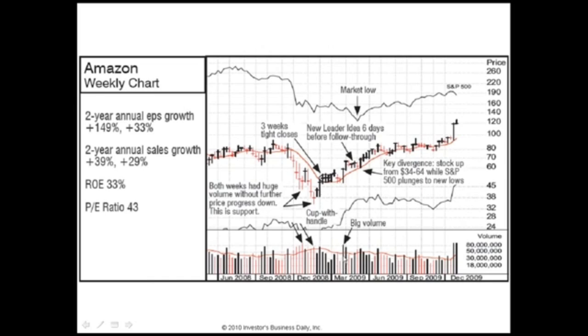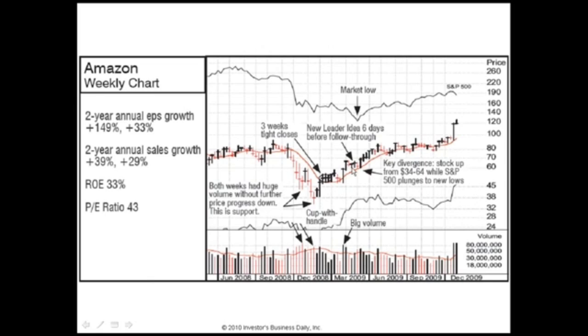Then notice the enormous volume you got, the largest volume, and it closes right at its peak. So now the big institutions are really coming in and buying this stock. And the second week, it closes right at its peak. Now it closes sideways, and I think you see there are 3 weeks very tight in there. Maybe it's 4. It's a little hard to read this. But the tightness shows you're being under accumulation, and that's where we put it on.